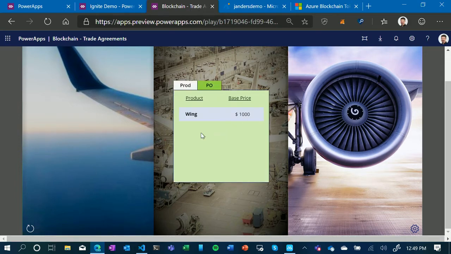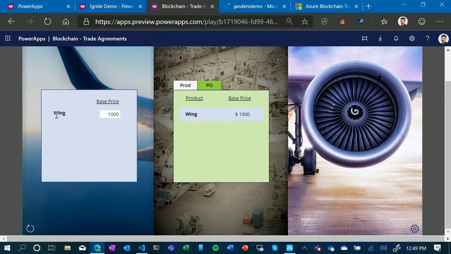So I'm Boeing. And so I've got a wing price from my wing supplier of $1,000. It's a pretty cheap wing. Now, the way this is set up is my supplier has effectively, in my trade agreement with them, given me the ability to have volume discounts. So if I buy a certain volume, then I get a scaling discount. In this case, again, for example purposes, if I buy over 10 wings, I get a 5% discount, over 20, 10%, and so forth.